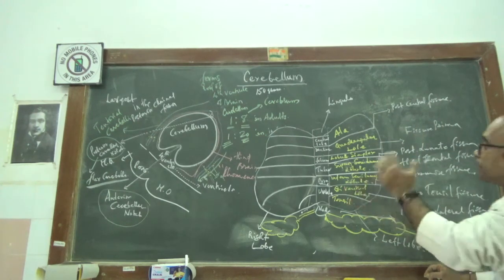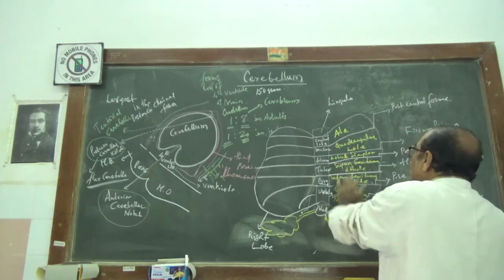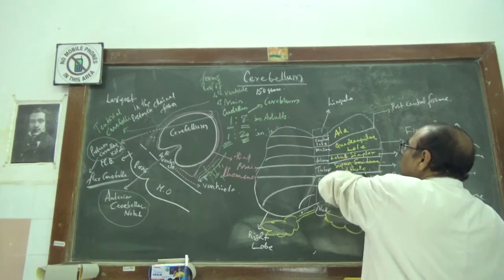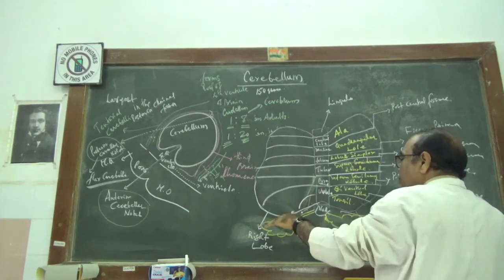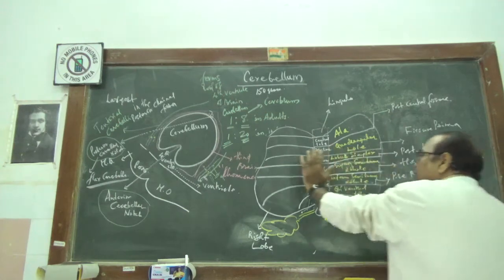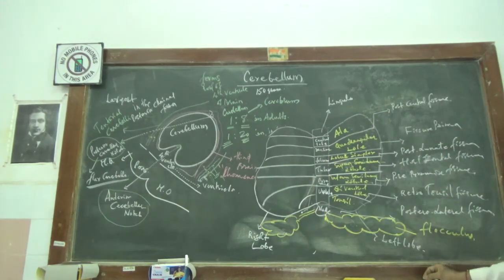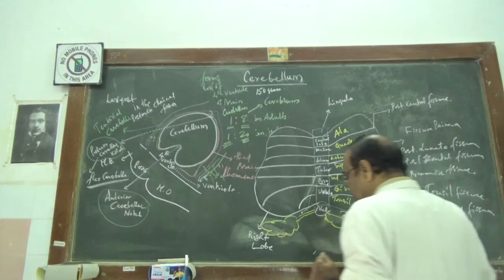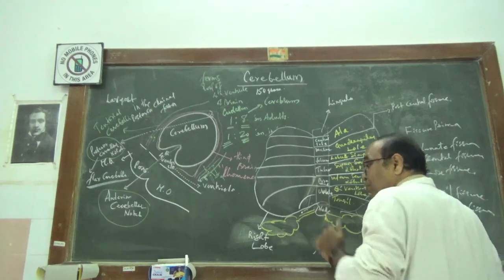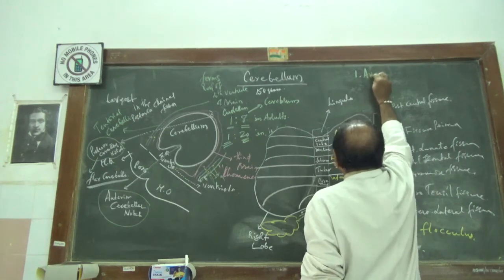The lobes and the fissures will be on the upper surface or on the inferior surface, on the anterior part very small and the posterior part a little bit bigger. The lobes have a division, mainly the anterior lobe,